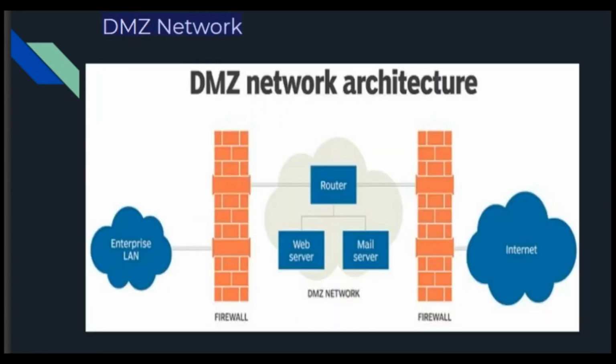Now let's talk about the DMZ network. We can construct a DMZ network using a dual firewall, meaning using two firewalls. The more secure approach is to use two firewalls to create a DMZ. The first firewall is referred to as the front-end firewall, and it's configured to only allow traffic destined for the DMZ. The second firewall, referred to as the backend firewall, is only responsible for